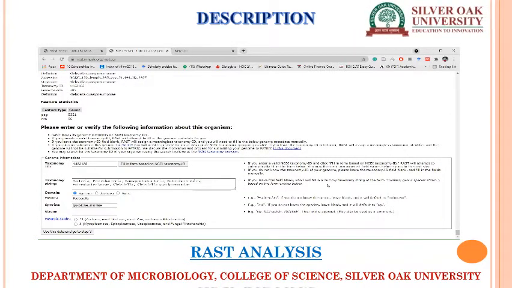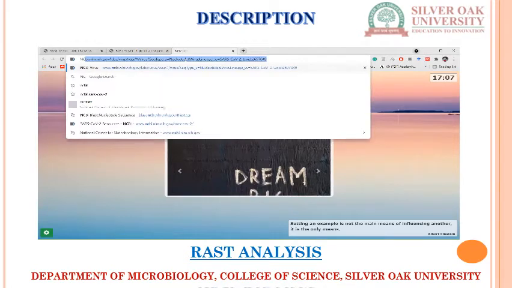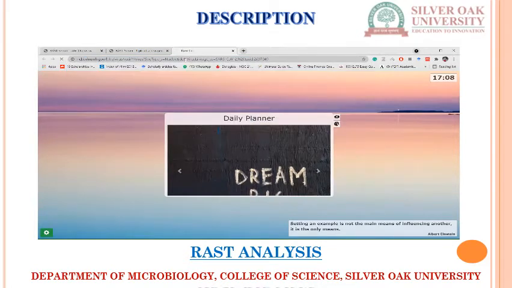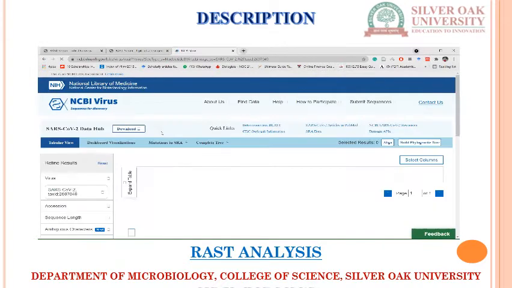Again, it will require some verification or NCBI data. This data was already submitted, so it was autofilled. But if it is not submitted, then you have to type the NCBI taxonomy ID. So go to the NCBI page to find the taxonomy ID of any organism.